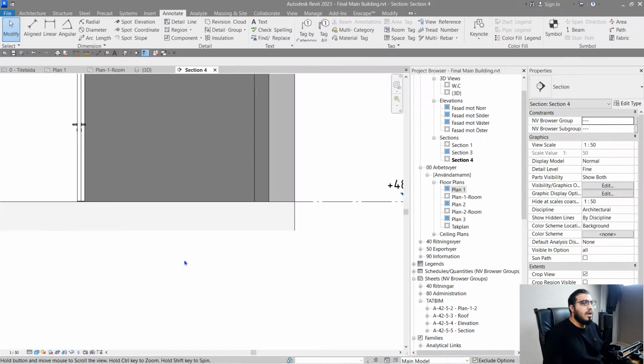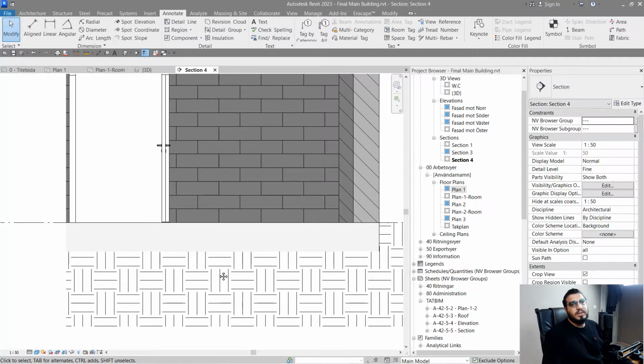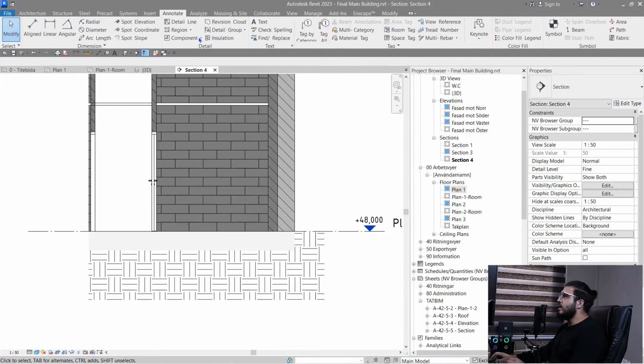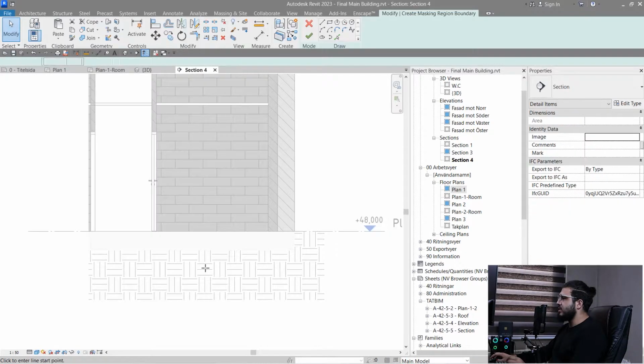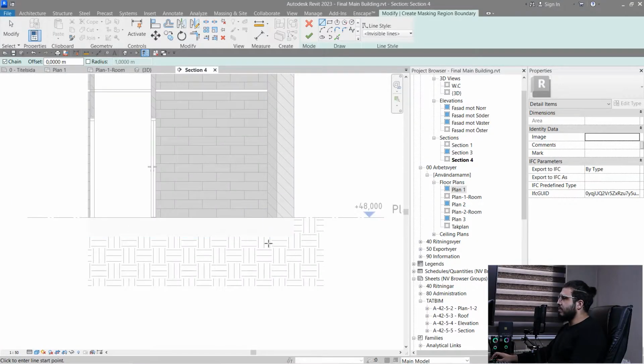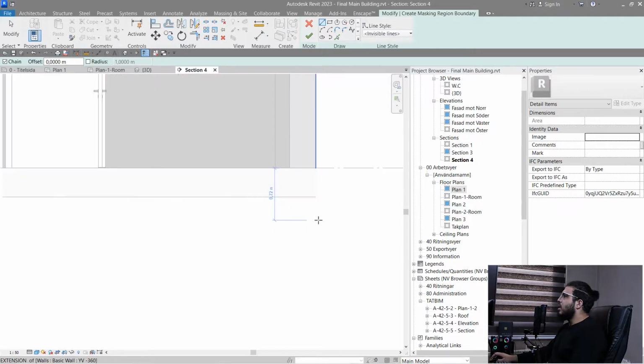You can use these regions anywhere, and sometimes you want to mask something. For example, there are some things we don't want to model in Revit, we just want to show them in here. So sometimes masking is a really helpful feature. You can click on the drop down in here, click on masking region, and the only work this tool does is